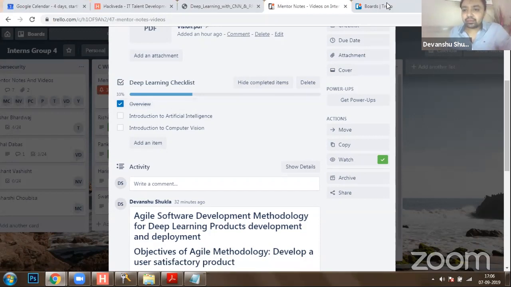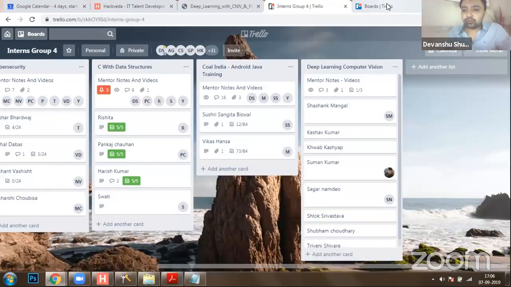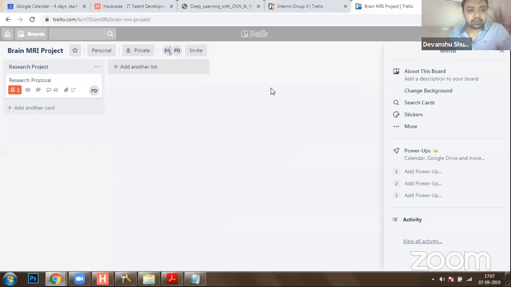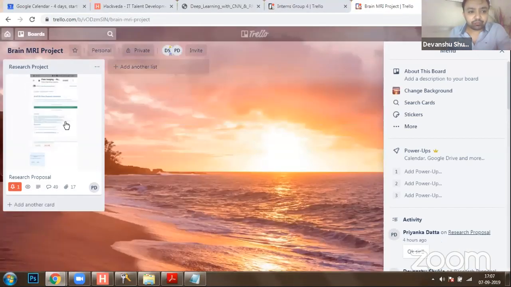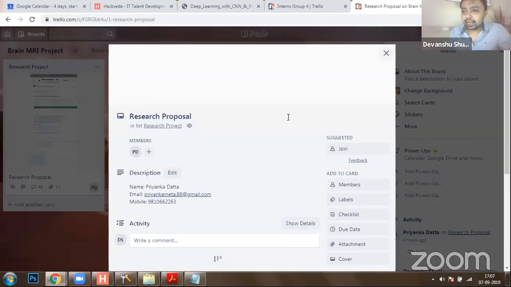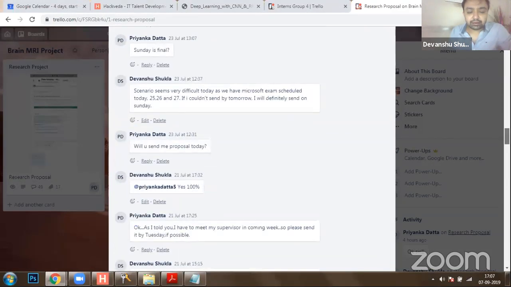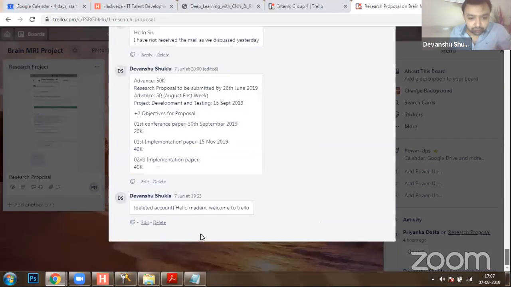Similarly, we have a board for consumer as well, wherein we collaborate with the consumer. So all the people, let's say this is the project which I am doing on brain segmentation. Okay. So on brain segmentation, there's a project which we have to perform. So let's say this project started, and I'll take you to the very first meet for the product. Let's say we started this